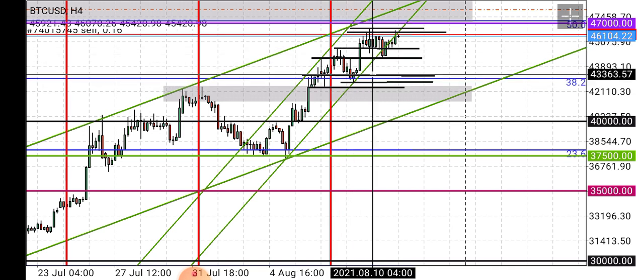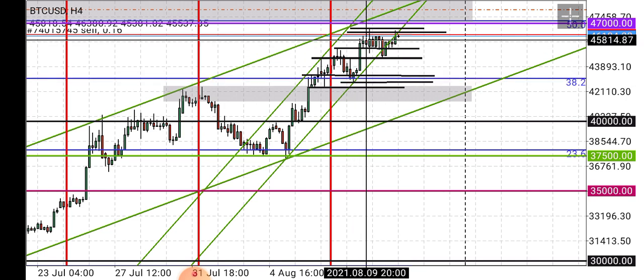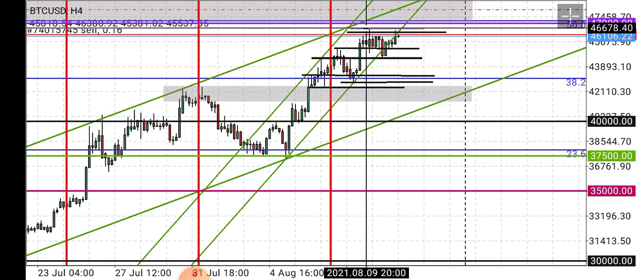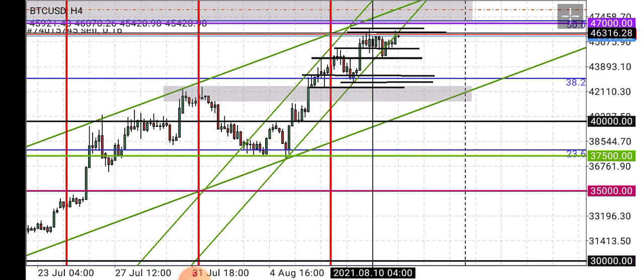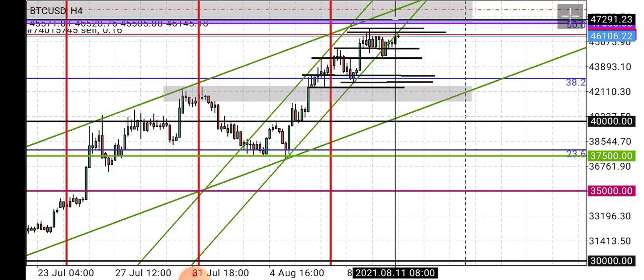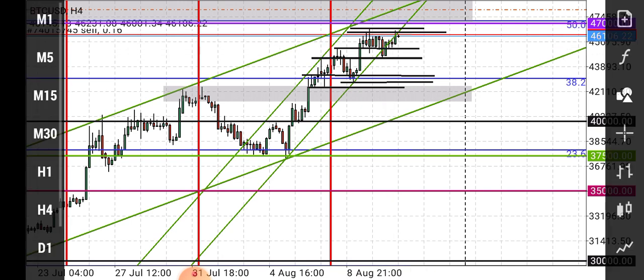Price found another support area and pushed up again. So price broke above last week's high, created another high, and there's been a bit of price action around this area. And if we go to the 1 hour chart,